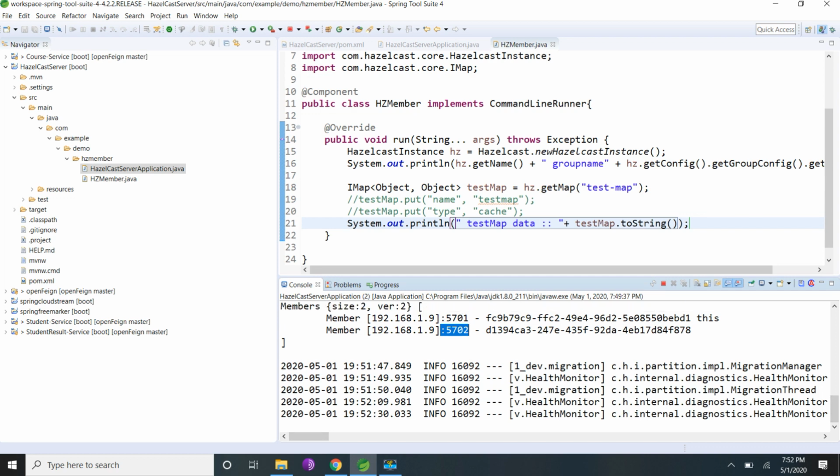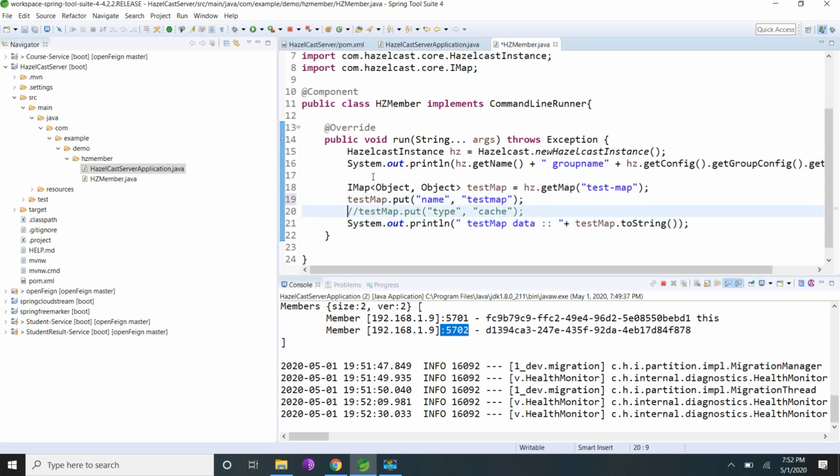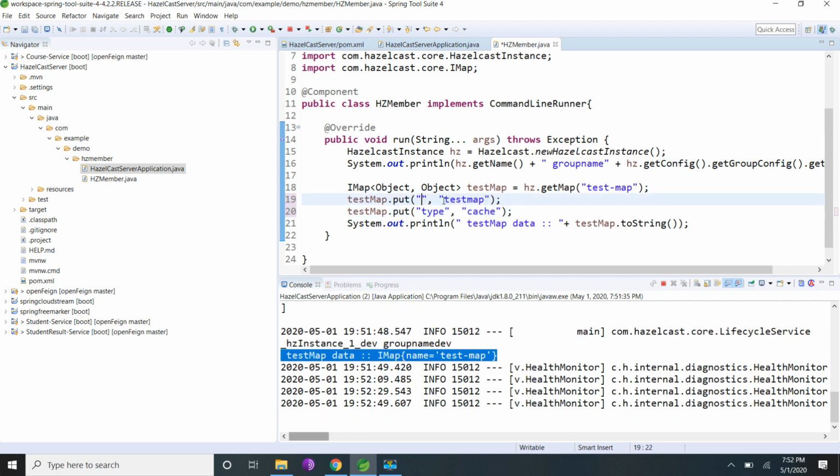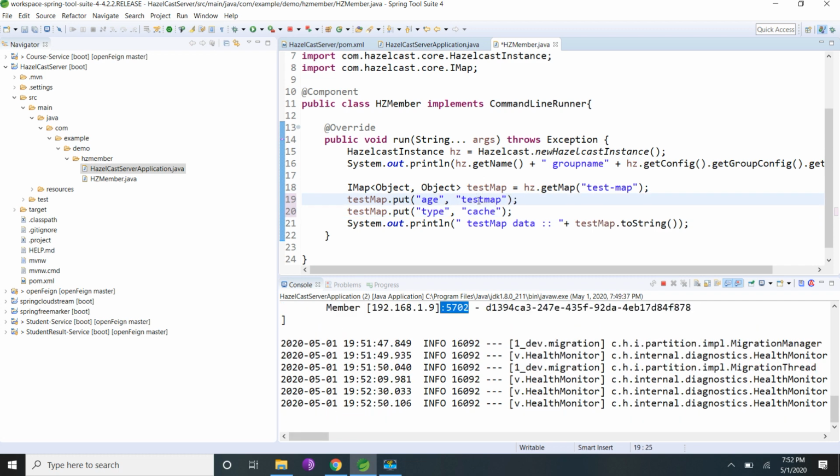Now I'll show how to create the client instance. I'll create one more instance. I'll make 3 members. This time I'll give some other data: age, 32, address, Chennai, something like another two more values I'm adding.